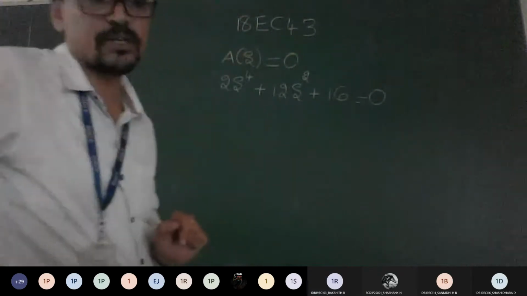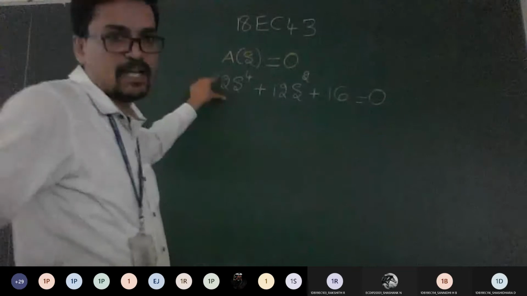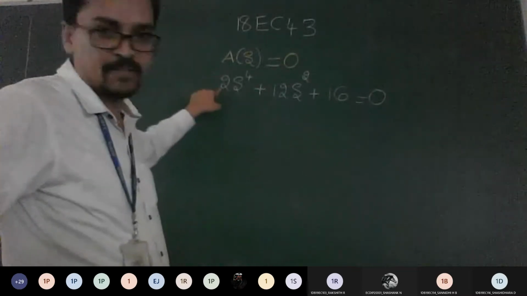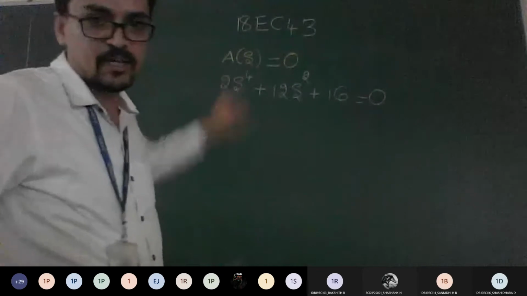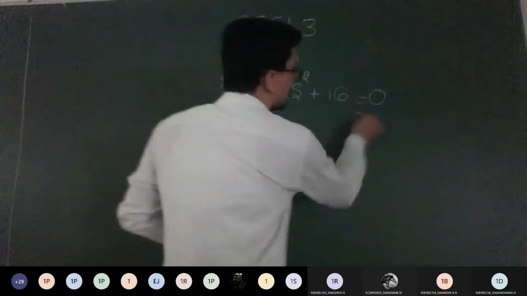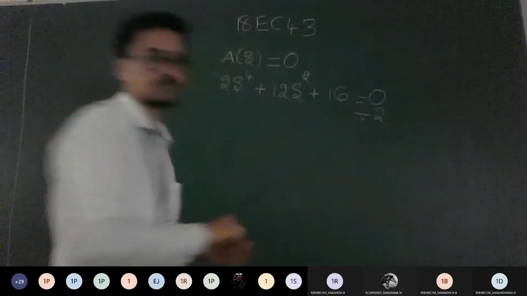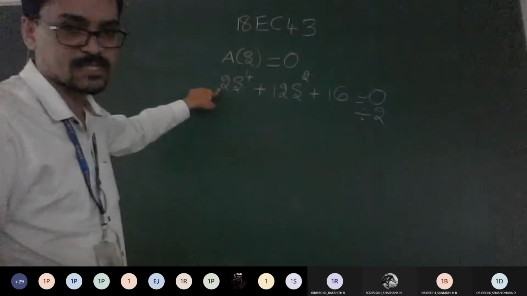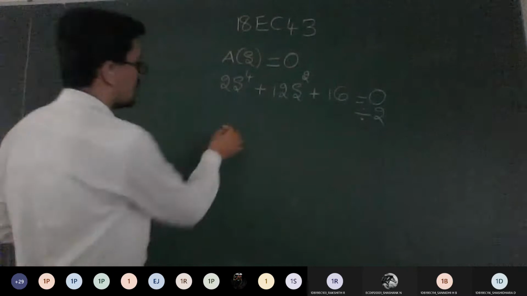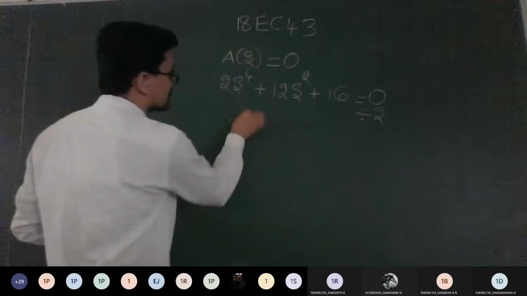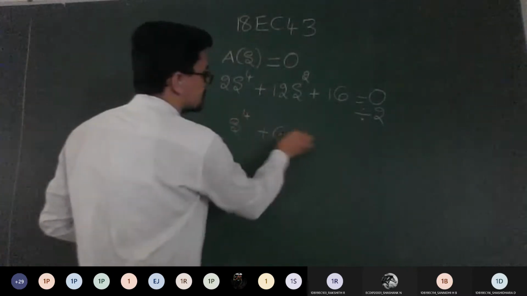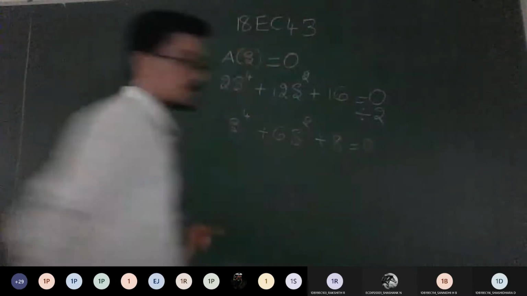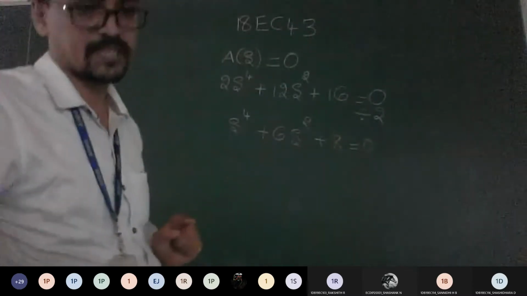Now we need to make sure that this equation comes under that fashion. For that, we will try to eliminate this 2, the maximum coefficient. Whichever has the maximum coefficient here, try to eliminate. So what should I do? I need to divide this equation by 2. To eliminate this 2, I need to divide by 2. So after that, s power 4 plus 6s square plus 8 equal to 0. Is it okay till here to everyone? Can I proceed?